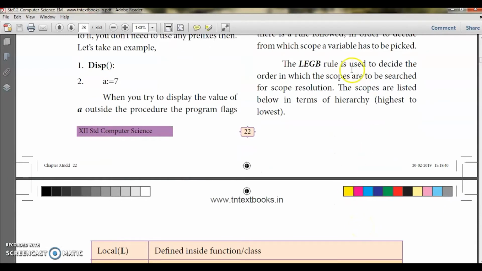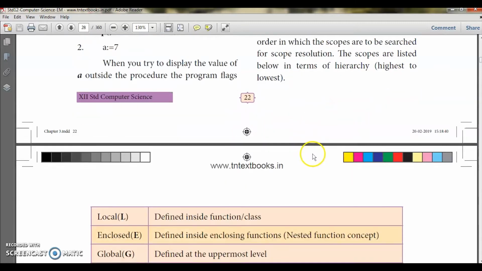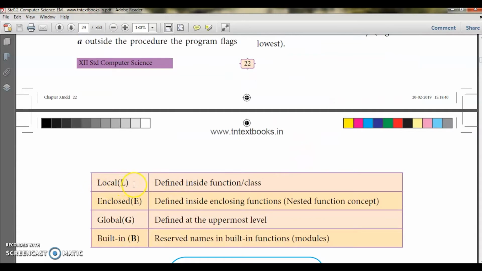The LEGB rule is used to decide the order in which the scopes are to be searched for scope resolution. The scopes are listed below in terms of hierarchy, highest to lowest. Okay, highest, there is L, local, means defined inside the function class, and then E means enclosed, that is defined inside the enclosing function, that is nested function concept, and then comes global concept, that is defined at the uppermost level, and then built in.